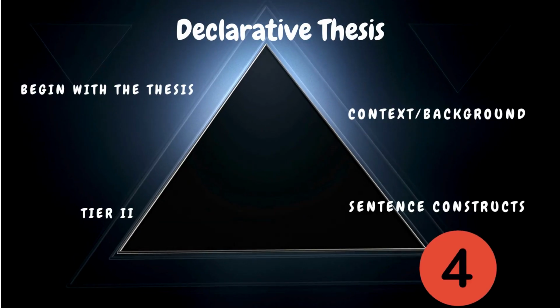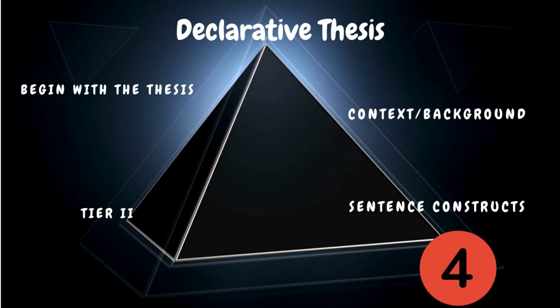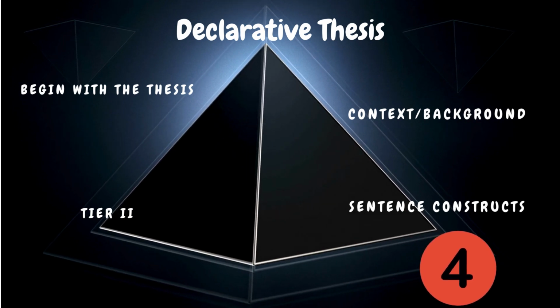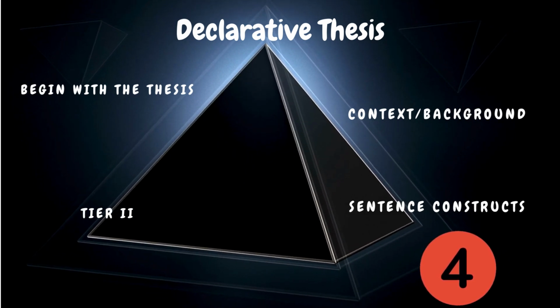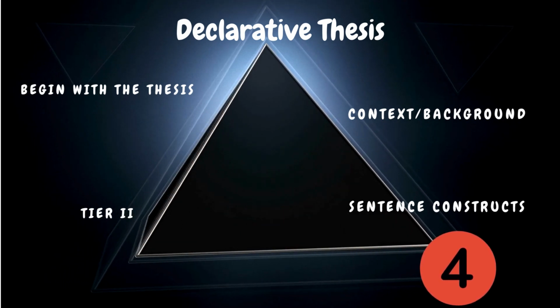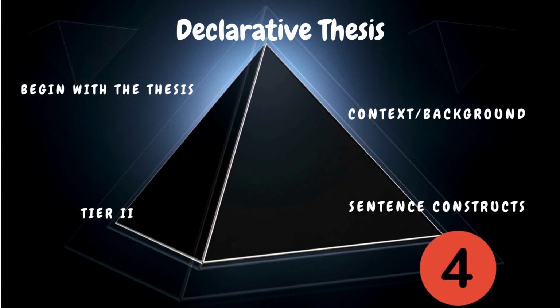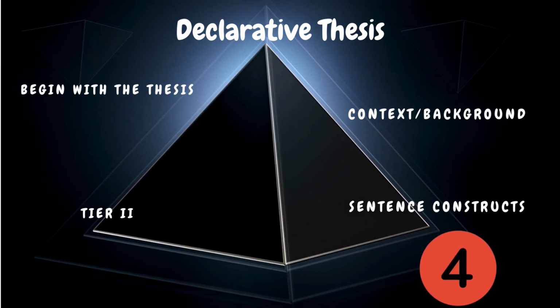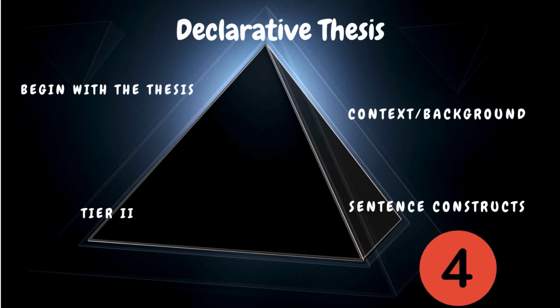So as I said, you begin with the thesis. You're going to answer the question, how does the author construct meaning, right out of the gate? You've got to sprinkle in a little bit of context and background, and that usually takes the form of the exigence, the universal truth, the universal theme. I tell my students to focus on their tier 2 level vocabulary.